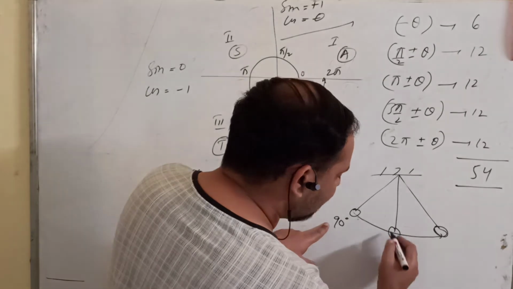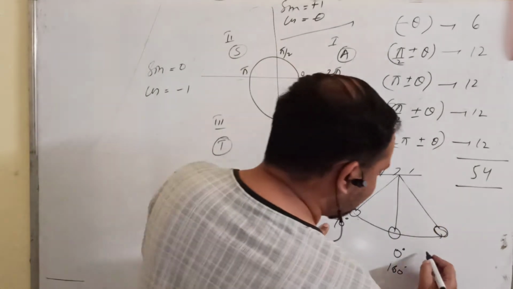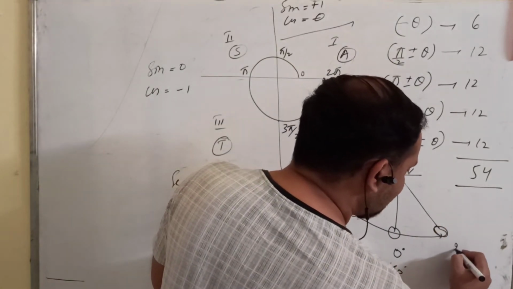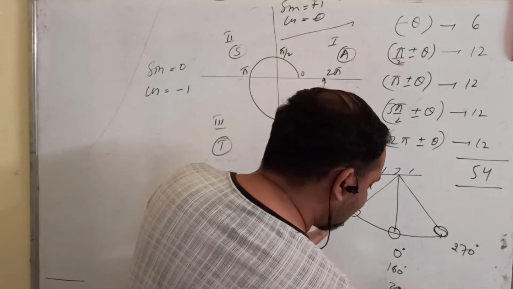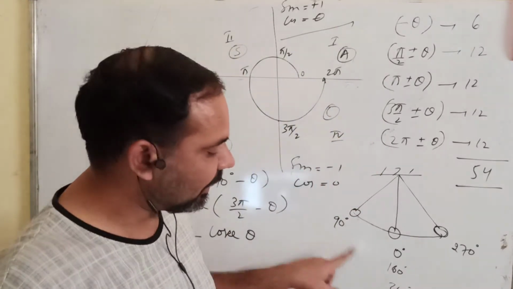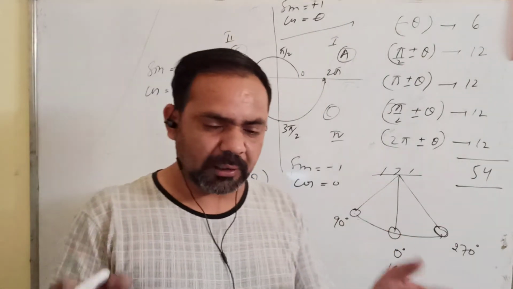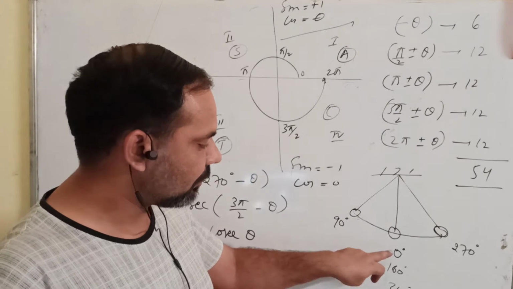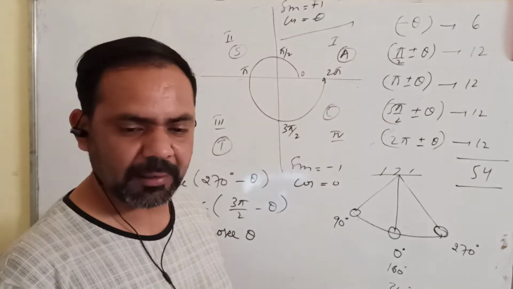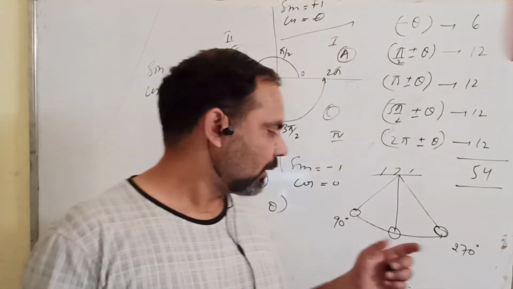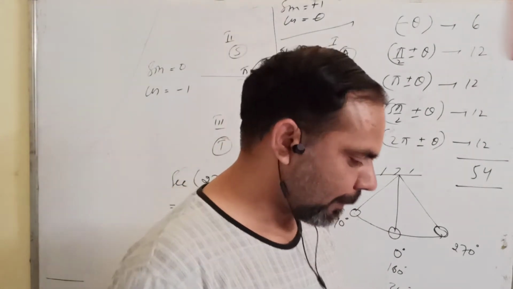Now the pendulum comes back to the mean position again. Now its angular displacement is 180 degrees. Now it moves to the other end and reaches the other extreme position, and the angular displacement becomes 270 degrees. And then it again comes back and reaches the mean position, and the angular displacement becomes 360 degrees. It means that you cannot confine yourself to the angles between 0 and 90. You need the understanding up to 360 degree angles, means you need to find out the values of trigonometric ratios up to 360 degrees. Okay, that's why we are discussing this.